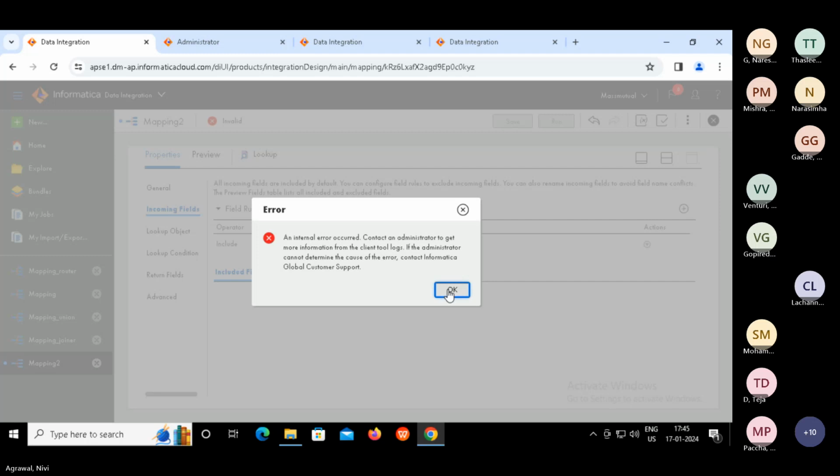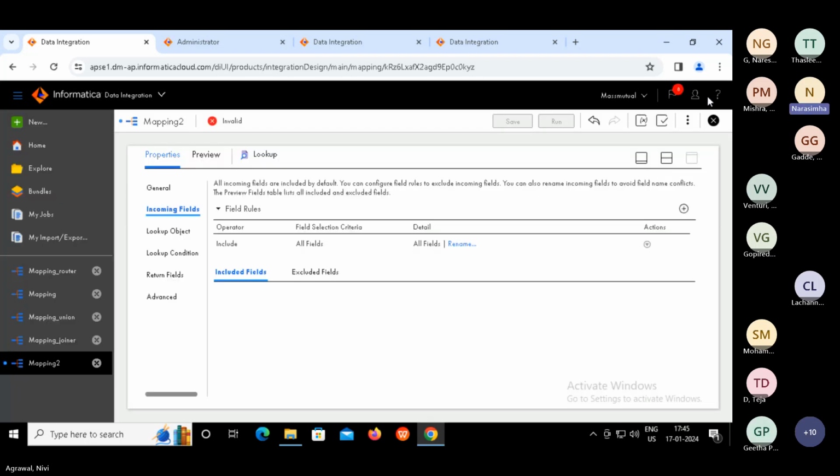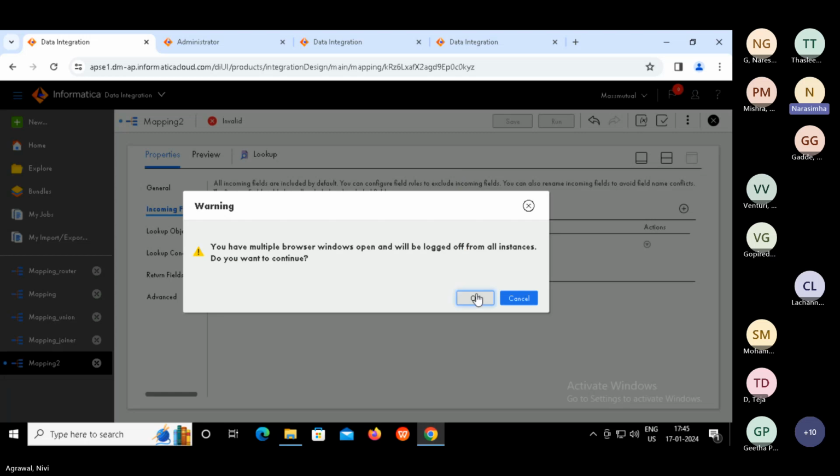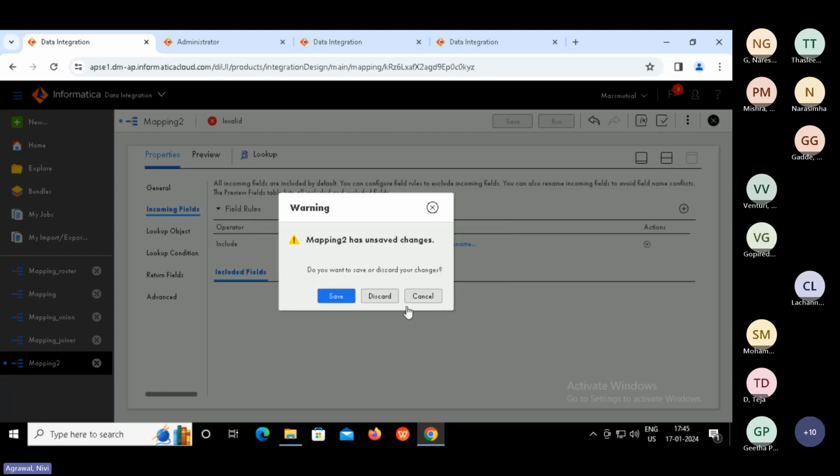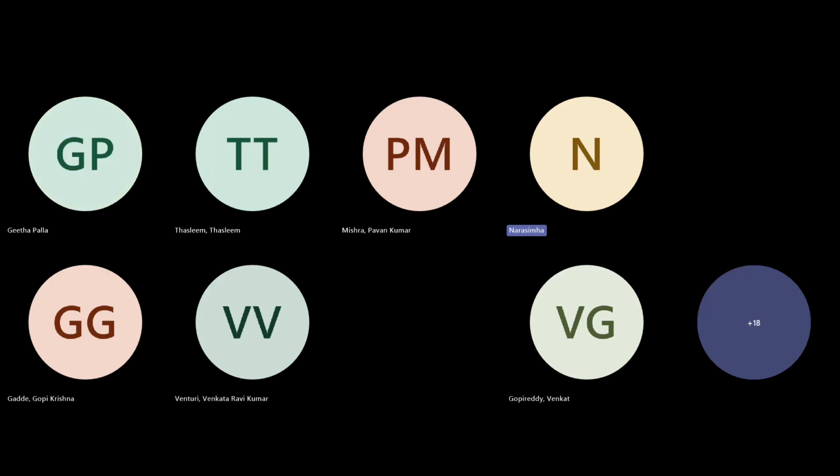Okay, so we need to log out and log in, madam. This is Informatica Cloud. Oh, this is a bug. I'll check that, Nasima, and if the same error comes, I'll let you know. You can see there is another tab.